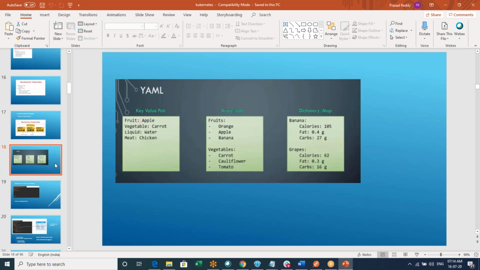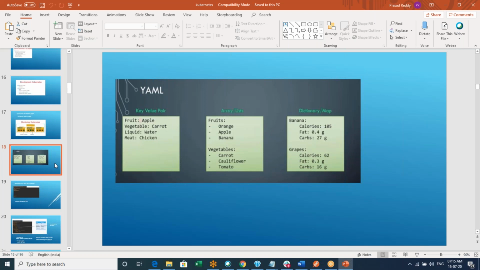Then an IP address, some IP address, then height, weight, color, whatever. Those are all part of a computer, right? You are having multiple key value pairs for one particular computer. That we call a dictionary. If you have multiple key value pairs for one particular item, we call it a dictionary.